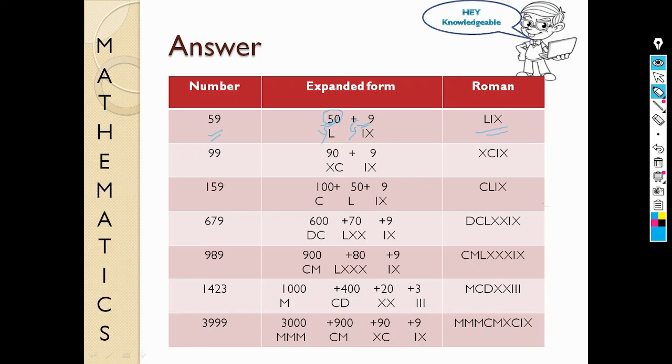That is LIX. In a similar way, 99 can be written as 90 plus 9. Do a similar exercise and you will get XCIX. For 159, again you do a similar exercise, that is 100 plus 50 plus 9, and we have already seen how to write 100, 50 and 9. So just combine those things and you will get the Roman number for that. Similarly, the other numbers are written. You just go through this,